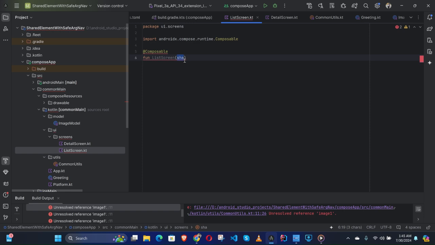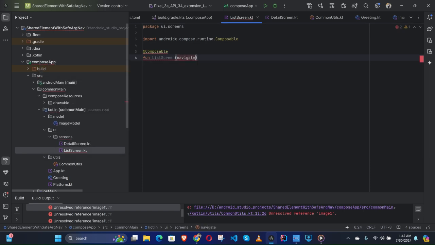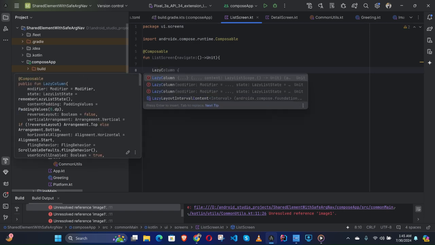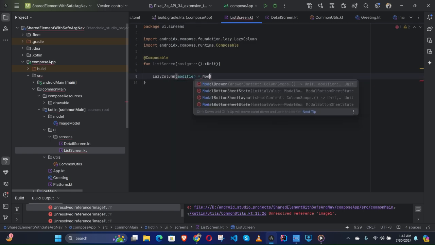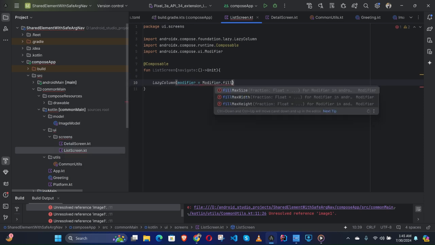Okay, navigate. And let's create a column, modifier, modifier dot fillMaxSize,